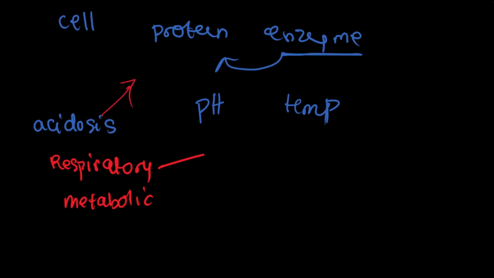Acidosis in general actually results from an increase in the hydrogen ion concentration of the body. So when there's an unusual increase in the hydrogen ion concentration of the body, then acidosis sets in. Now, respiratory acidosis results from certain respiratory diseases